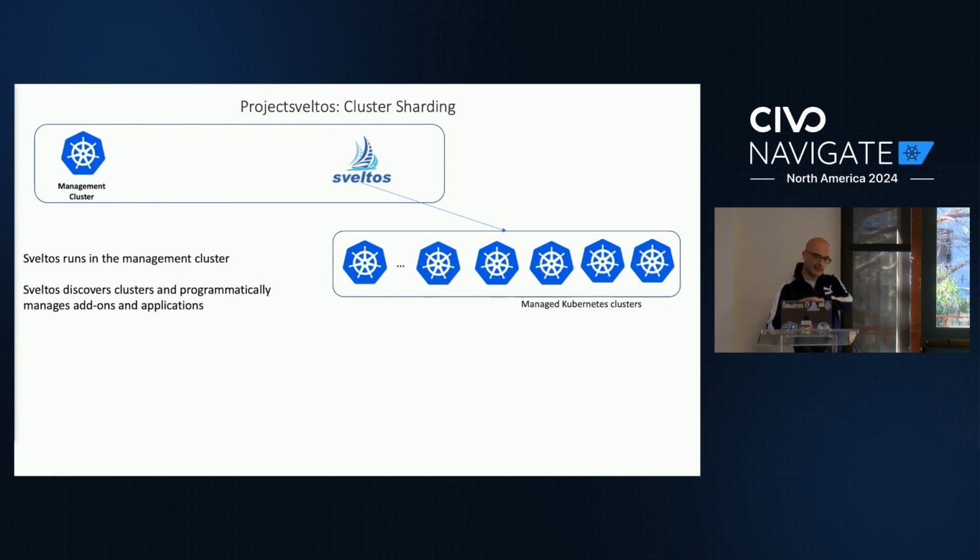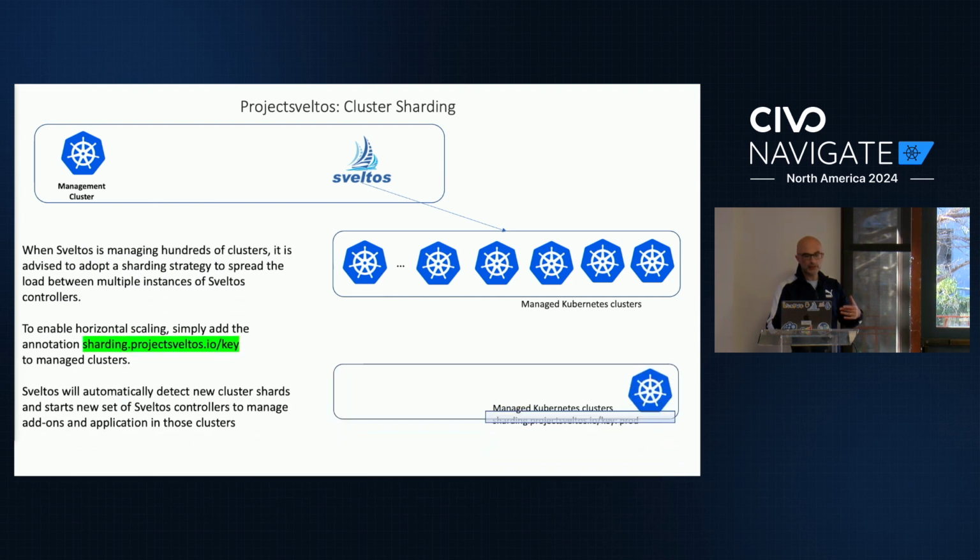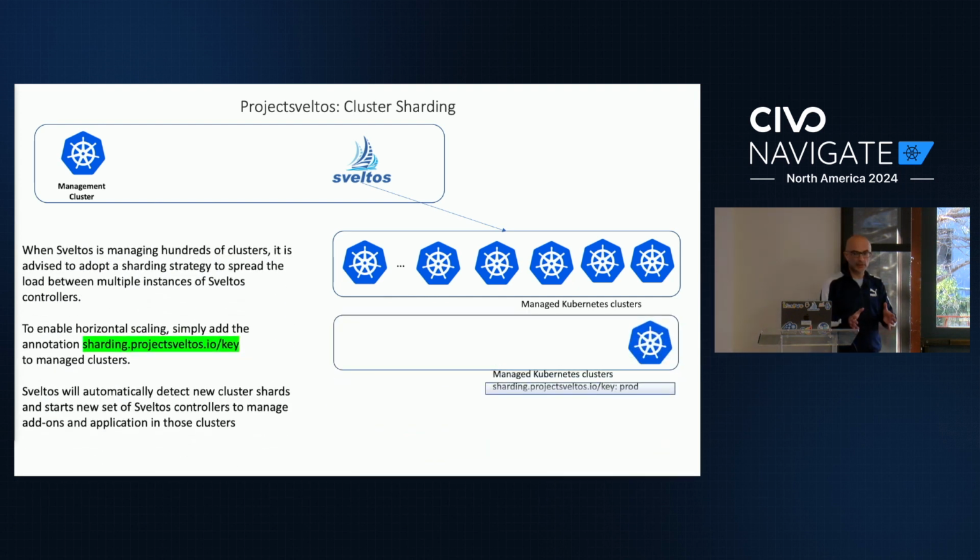Say I've reached 50 clusters and now I'm going to add another cluster. When I create this new cluster, I can add an annotation to it. As soon as Sveltos sees a cluster with this annotation, it understands that you want it to scale up. So it creates another instance,